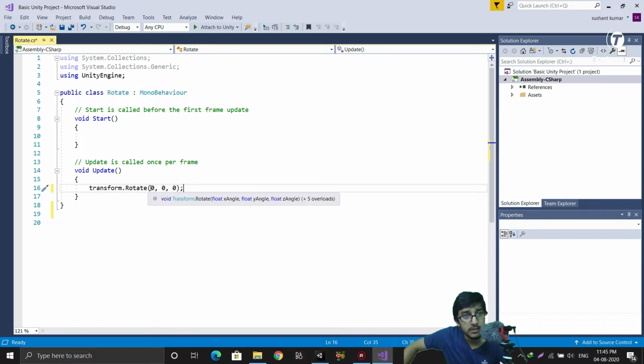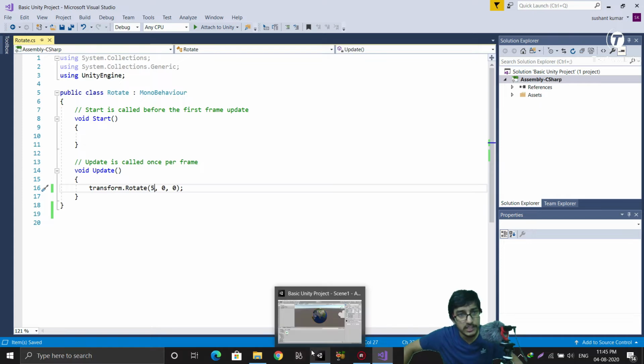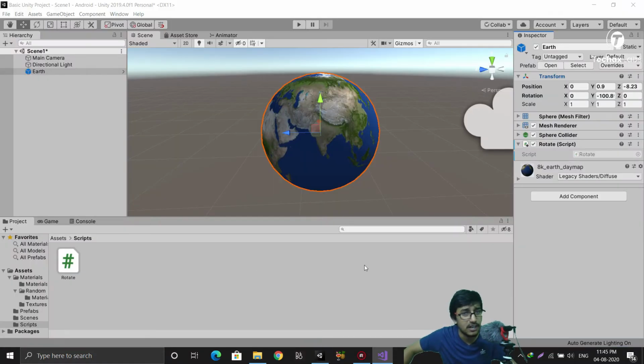Here transform dot rotate 0 0 0, and let's change this value to, say, suppose 5. So I will tell you what it will do. It will rotate our earth, or you can say our sphere, around x-axis with a speed of 5. Don't worry about it, we will just use it and see how it has worked.